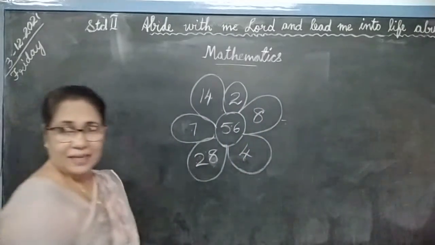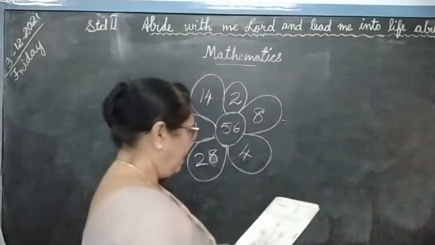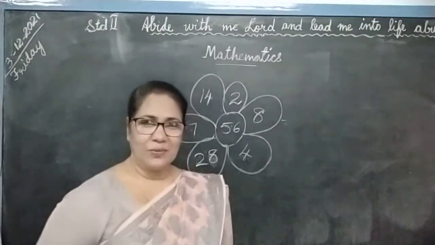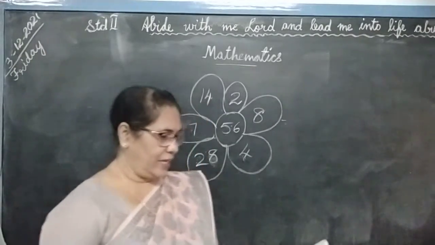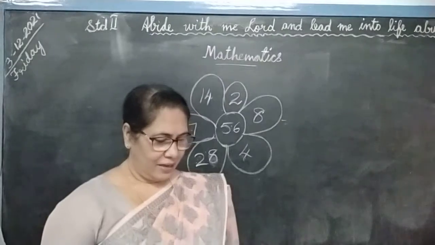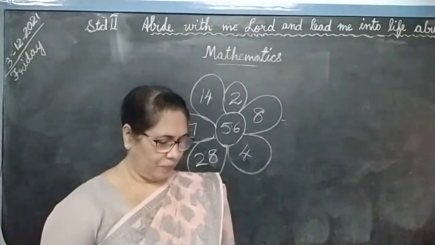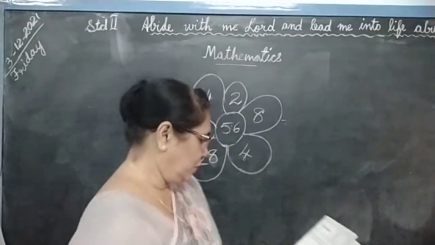Isn't it easy? This is easy. The other one which I did was not easy for you, was it? So how many did we do? We did 32, 24, 56, then which is the one we are doing now? 36. Did we do 36? No. So we will do 36 now.